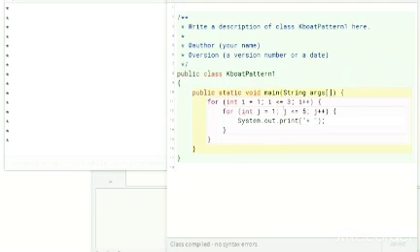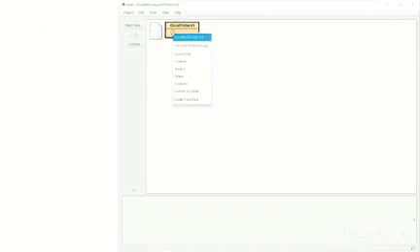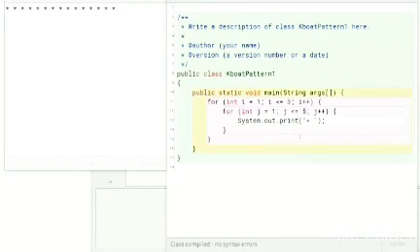I am repeating it once more. The inner loop controls the number of terms getting printed in each row. So use print and not println to print the terms in each row. I will execute the program again. Oh, this doesn't look like our pattern. All the stars are printed in one single line. Let's check our program to find out what we are missing.